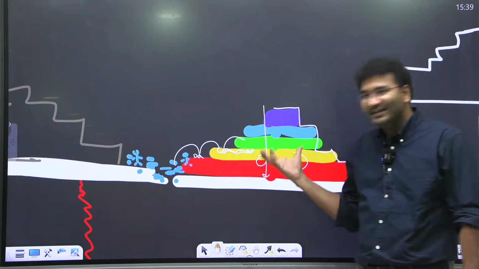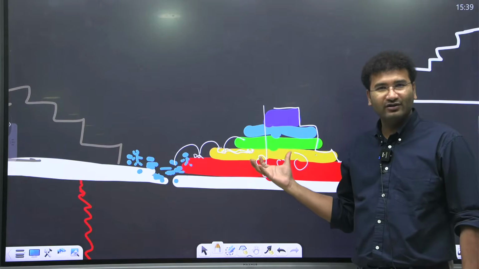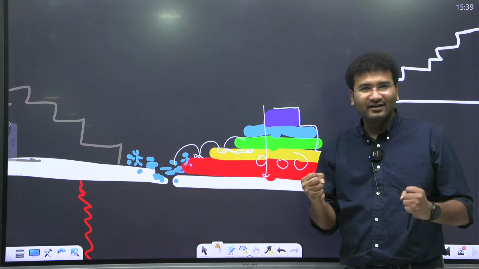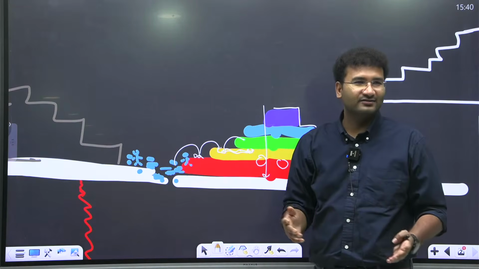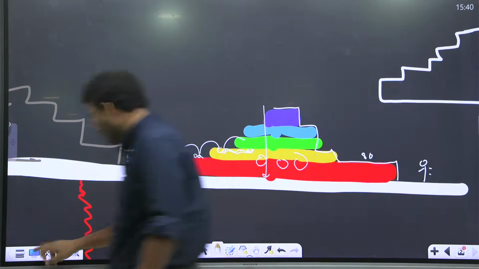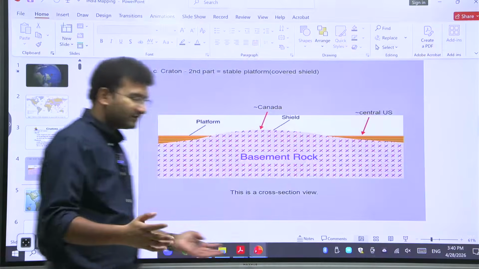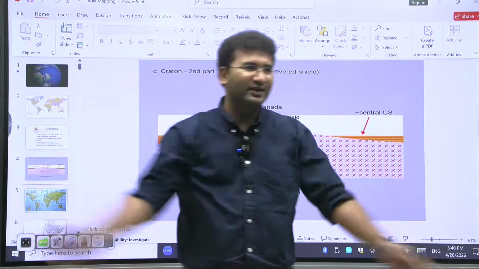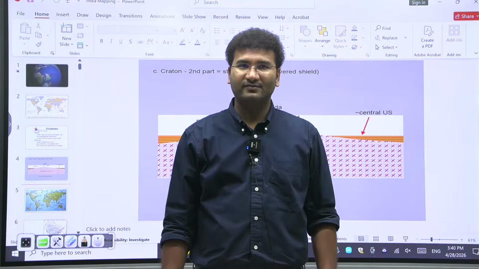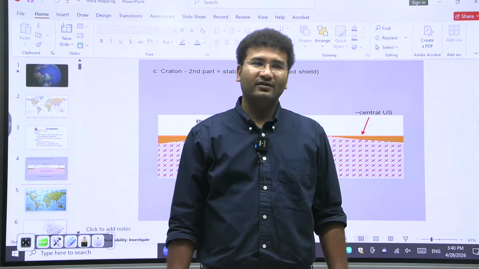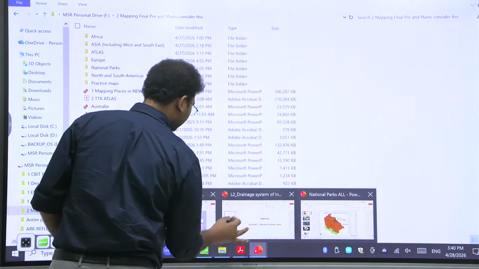And do you think these plateaus are hard rocks? Plateau ke upar jo, whatever the rocks that are there, are they not hard? If a river is flowing, the river finds it difficult to cut. So that's why when you look into the topography of the river, what kind of rivers you get. If the landmass is very easy for the river to erode, the river will behave like tree branches. It will take a dendritic pattern, right? But the same river, when it has to